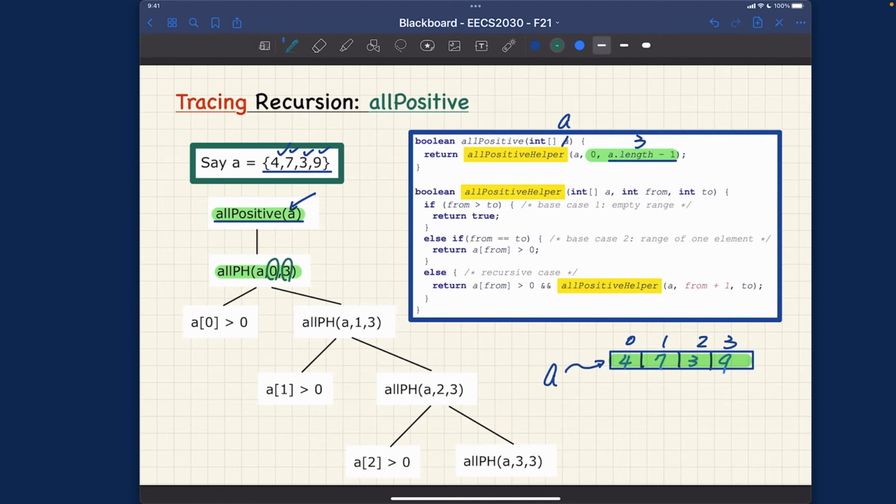So it's going to be from 0 to 3. As you can see, 0 and 3. Is 0 larger than 3? No. Does 0 equal 3? Also no. So we're going to go into the recursive case, right? We're going to bypass the base case, but we're going to execute this